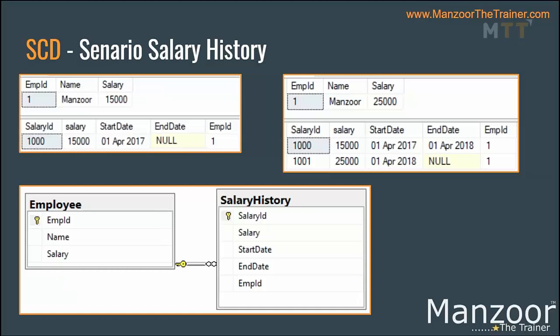But employee ID, how will I get it from the previous table? We can select top one, order by employee ID. Exactly, this is what I was expecting. We can select max of employee ID. That is the recently generated one. That will be the highest value, right? Employee ID 1, 2, 3, it will generate. So the recently generated employee ID is the maximum value. Are you getting my point? Okay, let us implement this, then you'll understand.